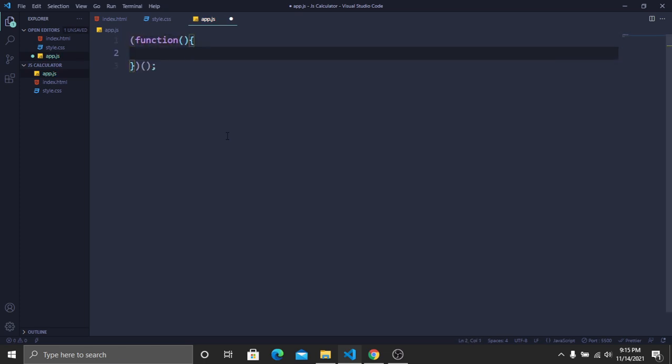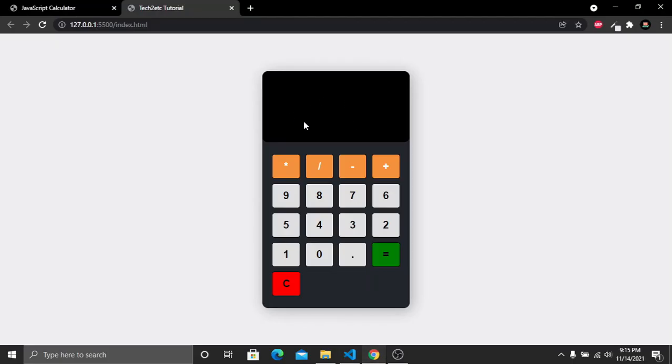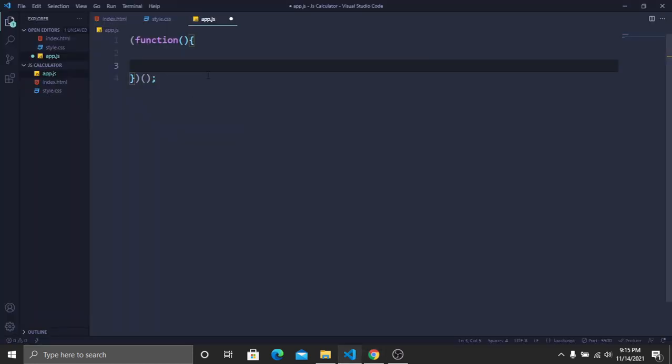So first we have to add a function. That's it. Now inside this function, first we have to take our screen, and then we have to take all the buttons. Then we have to take our equal button, and at the last we have to take our clear button. So for taking these inside our JavaScript, let's take a variable, and first we are going to